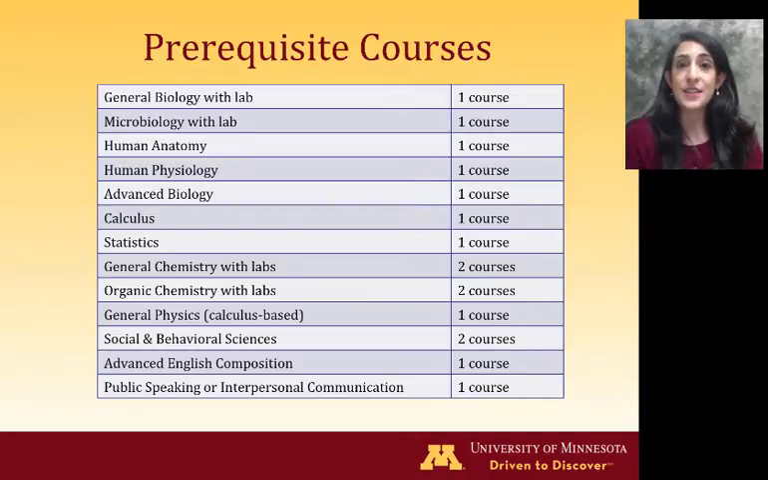Now let's look at each of these steps in more detail, starting with prerequisite courses. These courses may be planned or in progress when a student completes the application, but they must be completed by the time the student begins the PharmD program. The prerequisite courses include 1 course in biology with lab, 1 course in microbiology with lab, 1 course each in human anatomy and human physiology, 1 course of advanced biology, 1 calculus course, 1 statistics course, 2 courses in general